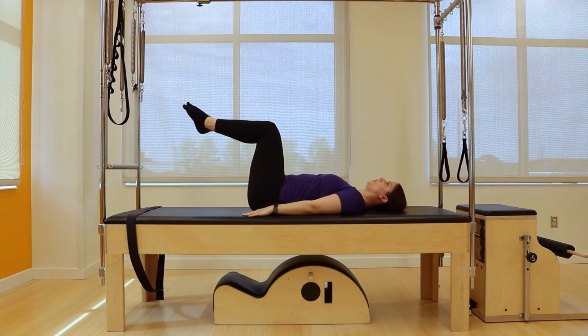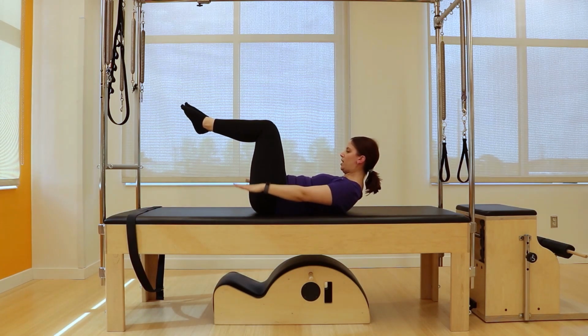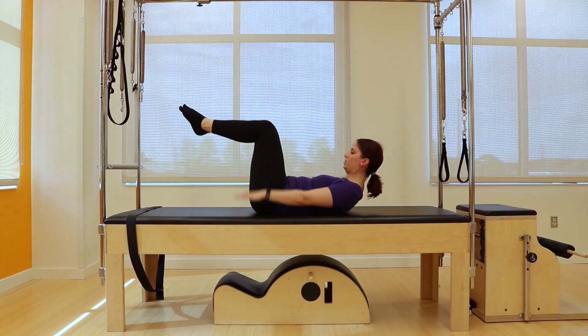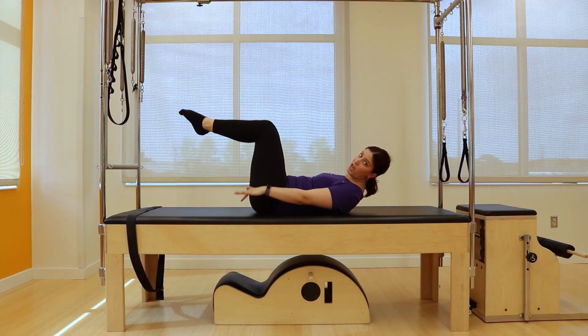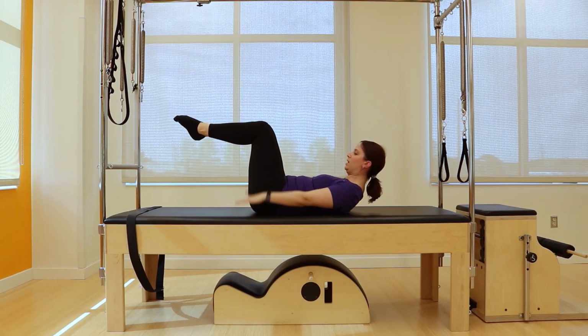From here, what you're going to do is crunch up and start pulsing your hands towards the ground as you breathe in for 5 and out for 5. And you're going to continue to do this until you reach 100. Now, I've been chatting, so I've lost count. Happens frequently, so I'll try my best to keep the count, but if you want to count 1, 2, 3, 4, 5, breathe out, in,